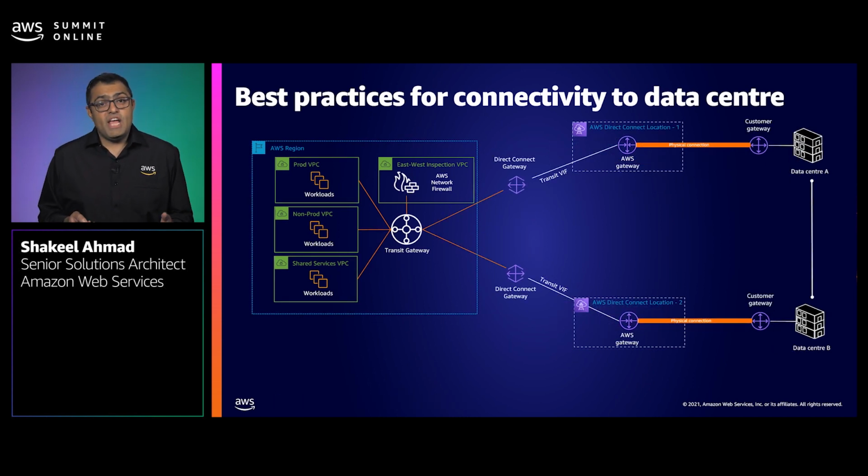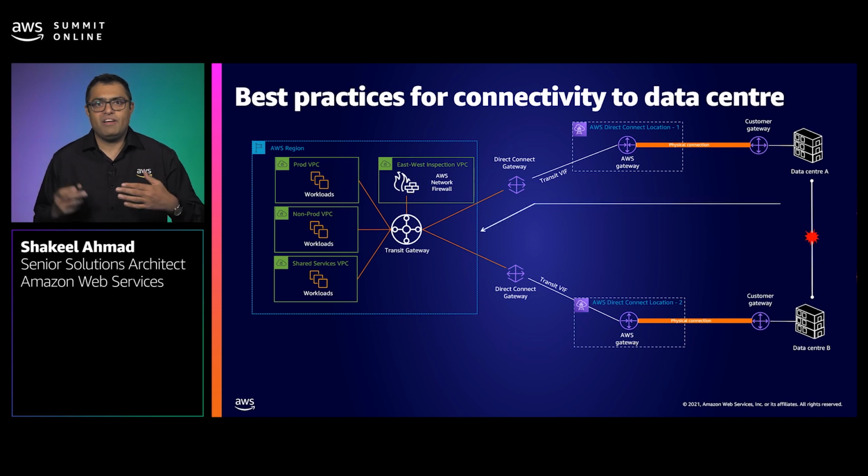You can also leverage AWS Direct Connect and Transit Gateway to create a hub for your site offices or data center. For example, in case of a failure of a connection between your 2 data centers, you would like to have a connection between 2 data centers using AWS. Now, in this case, you can use AWS Transit Gateway, Direct Connect, and BGP to create a path which takes the traffic all the way from data center A into AWS, and then all the way back to data center B using Transit Gateway.